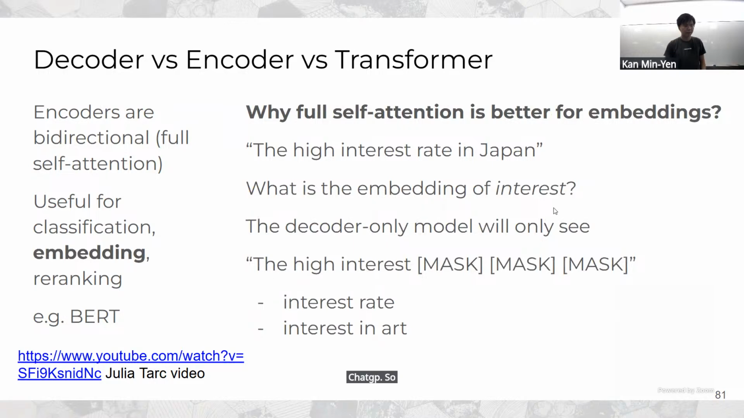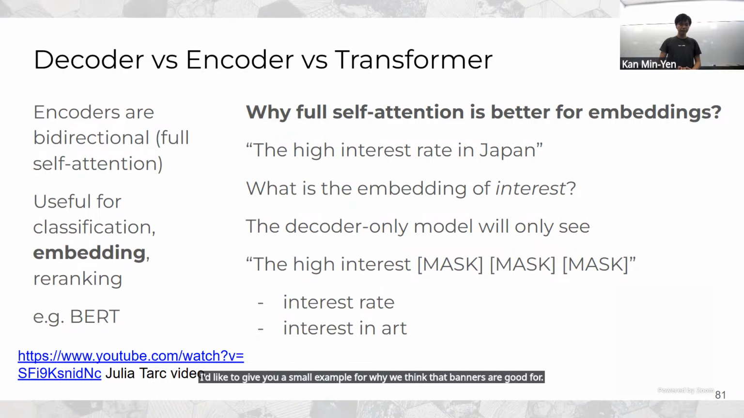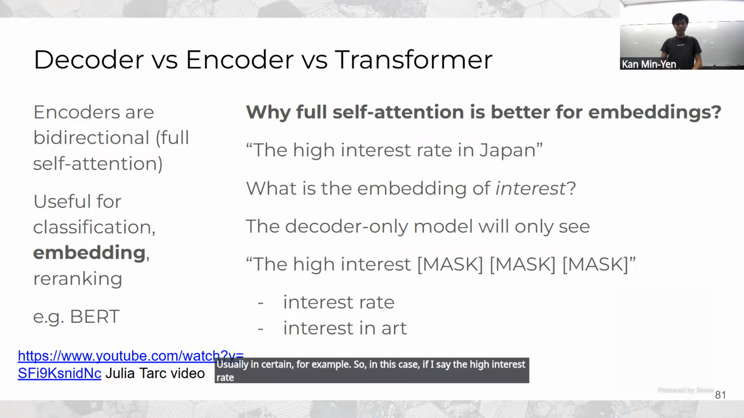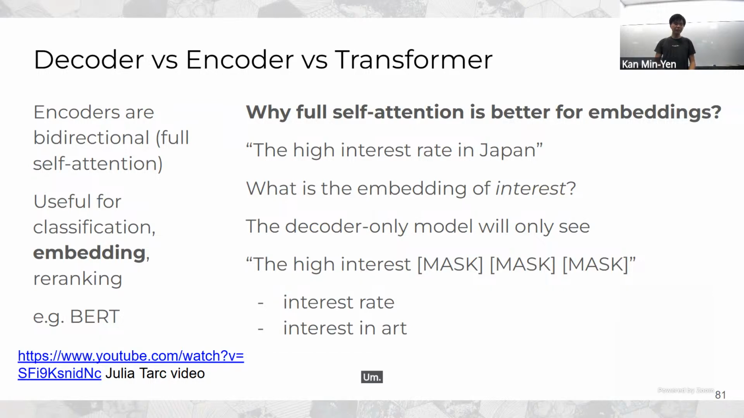So more on the encoder side, I like to give a small example for why we think that encoders are good for embedding. And the main reason is that the bidirectional attention is useful. For example, if I say "the high interest rate in Japan," if we try to generate an embedding for the word interest, for the token interest,